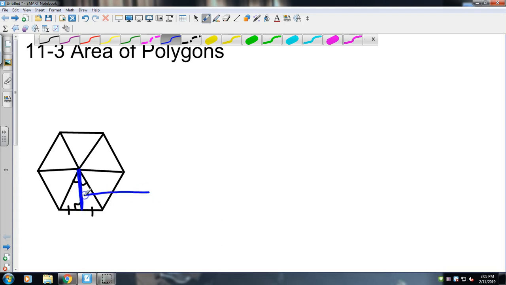and that is what's called the apothem. Now, some will say apothem, potato, potato, it's not a huge deal, but the apothem is a distance from the center to the outside of the shape. And so it does a couple of different things. And so now let's look at actually finding some area. Let's start with